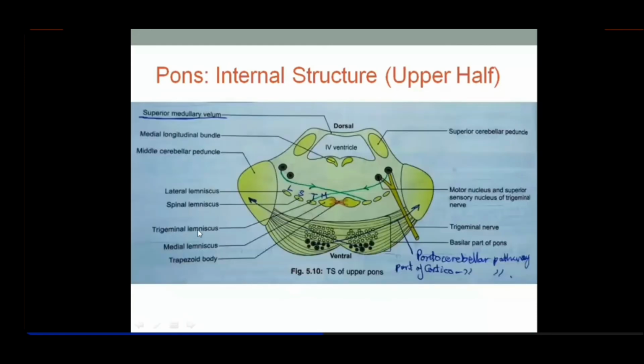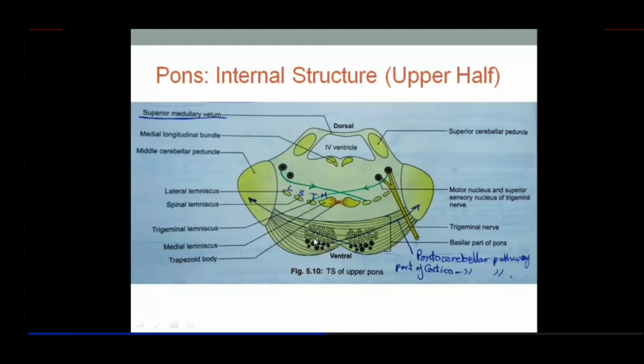Okay. Now what you're seeing is the internal structure of the upper half of the pons. Not much left. If you have understood and focused on your earlier slide about the lower half of the pons, much of it has already been explained. So here also we study in two parts. This is the ventral or the basilar portion of the pons. I told you this will be the same in both upper and lower portion. You find the gray matter here is scattered small little nuclei, the pontine nuclei. They were descending downward from the midbrain, forming the arcuate nucleus. They were forming the pontobulbar body across when they were scattered out around the transverse fibers.